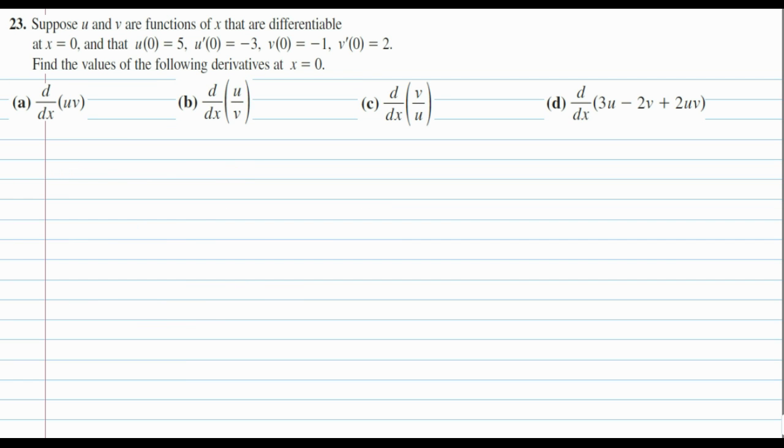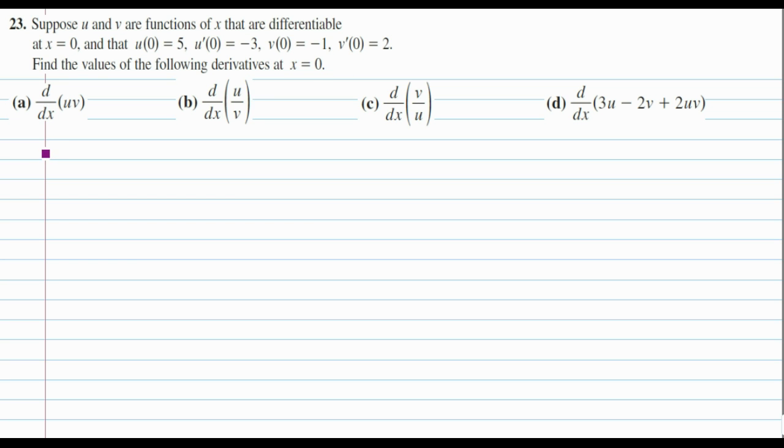Now try problem number 23. It says u and v are functions whose input variables are x, and they're differentiable at x equals 0. It gives us some values of u and u prime at 0, and v prime at 0, and we're supposed to find the values of the following derivatives. So the derivative with respect to x of this u function that has x as an input variable times the v function that has x as its input variable,